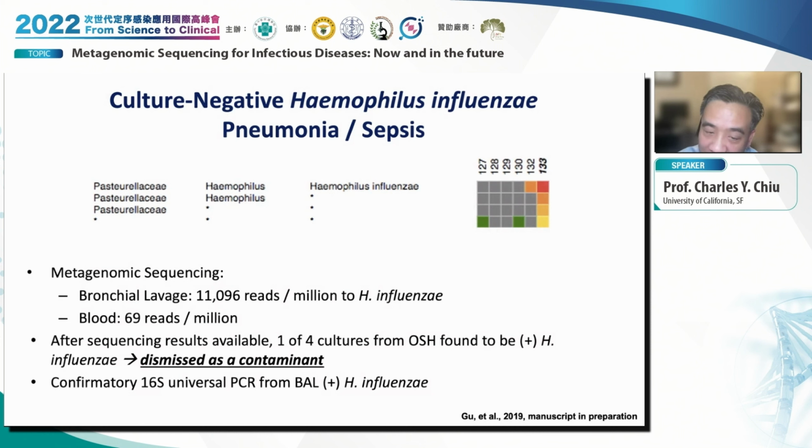And unfortunately, the clinicians at the other hospital, at the laboratory, didn't let us know that one of the 4 cultures had turned positive. And this was after our sequencing results were readily available. Eventually, we did confirmatory 16S universal PCR from the bronchial lavage fluid that confirmed that Haemophilus influenzae was indeed the diagnosis. But what was really unusual about this case was that this was a